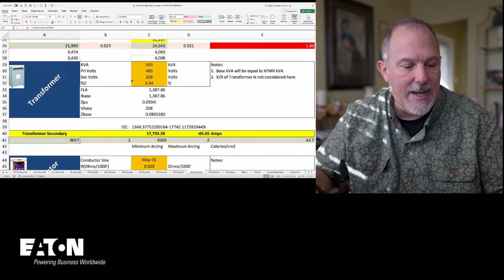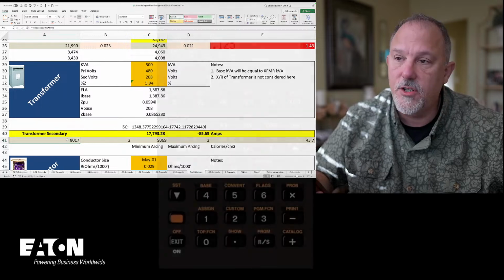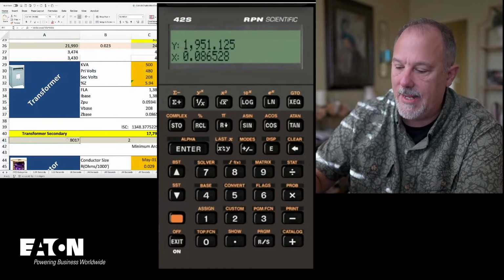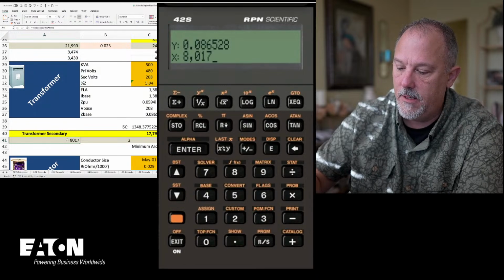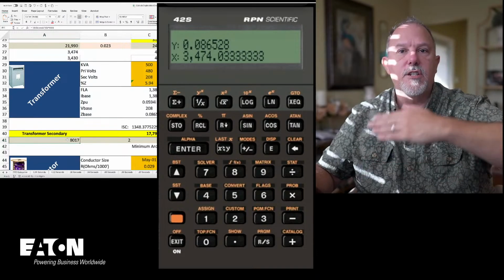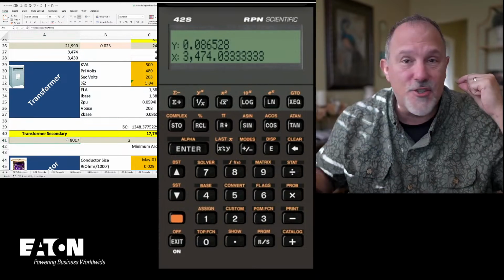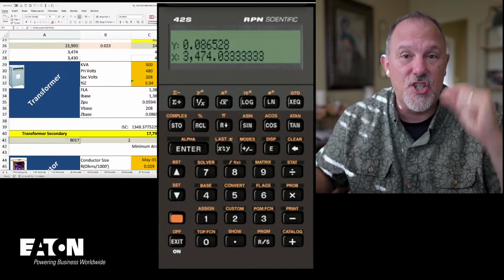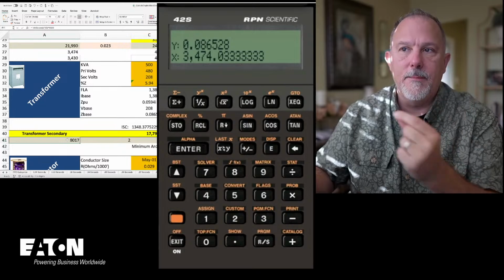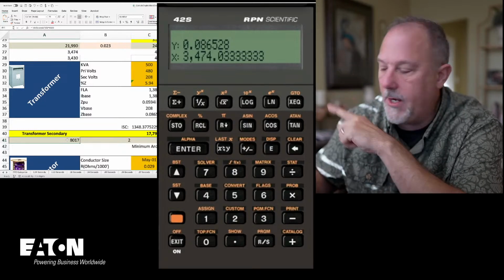To reflect 8,017 to the primary of this transformer, I take 8,017 times 208 divided by 480. That's the secondary voltage over the primary voltage, because you know what? A transformer does not stop doing its job just because there's a fault on the secondary. The primary amps, the upstream 800 amp breaker is going to see